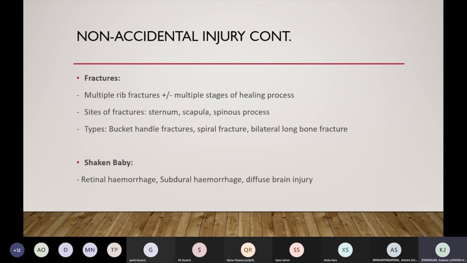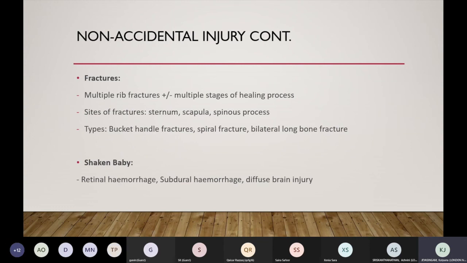Obviously, it's very important if you have safeguarding cases to have clear documentation and a very detailed history, as detailed as possible. Be cautious of who you disclose information to, such as parents or school. So if in doubt, always ask seniors or the safeguarding team. Clear documentation is very important: the date and time when you saw the patient, and when everything was done. Obviously involve everyone you can think of: seniors, nurses,